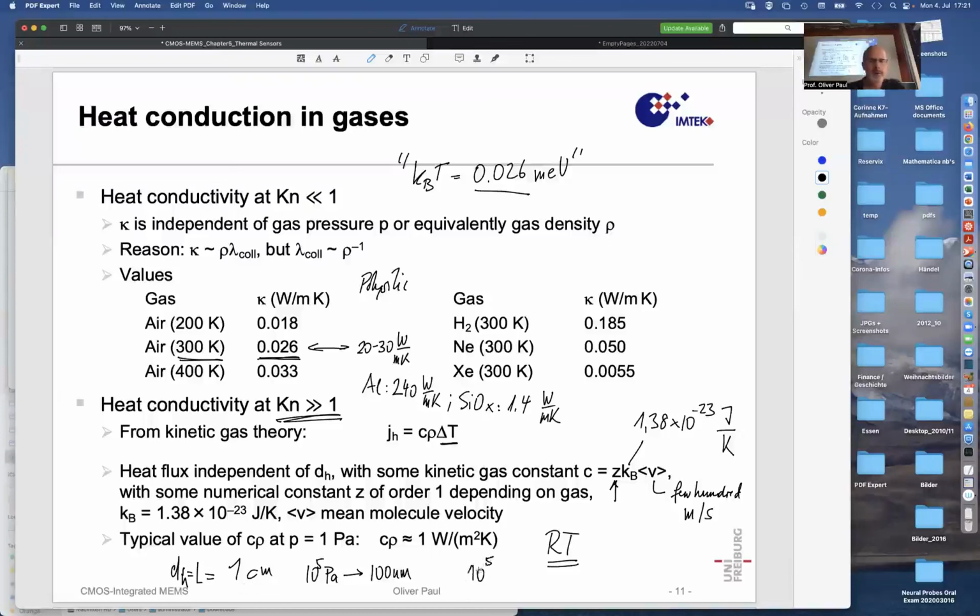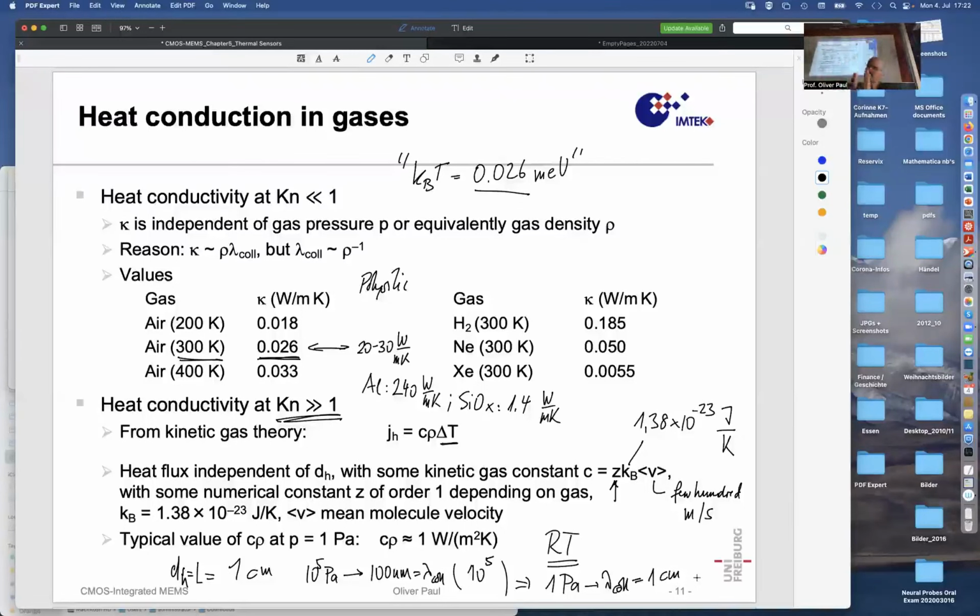Okay. So it means that at 1 Pascal, the lambda collision, so that is lambda collision, at 1 Pascal, lambda collision is equal to 1 centimeter. Okay, so for hot and cold walls 1 centimeter apart, with 1 Pascal of pressure, I'm just entering that regime